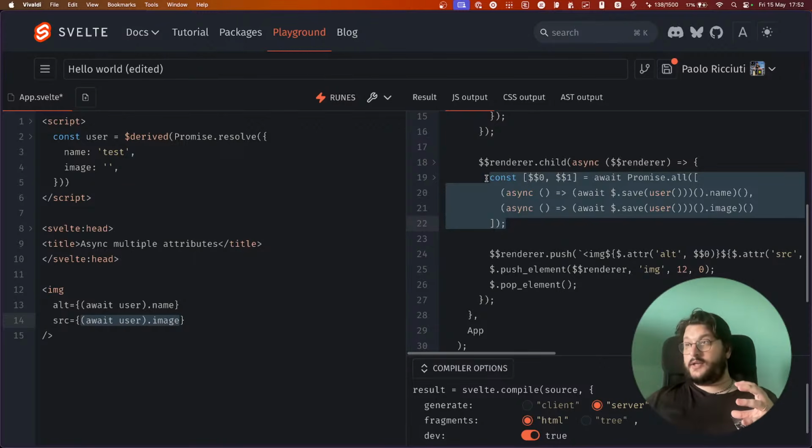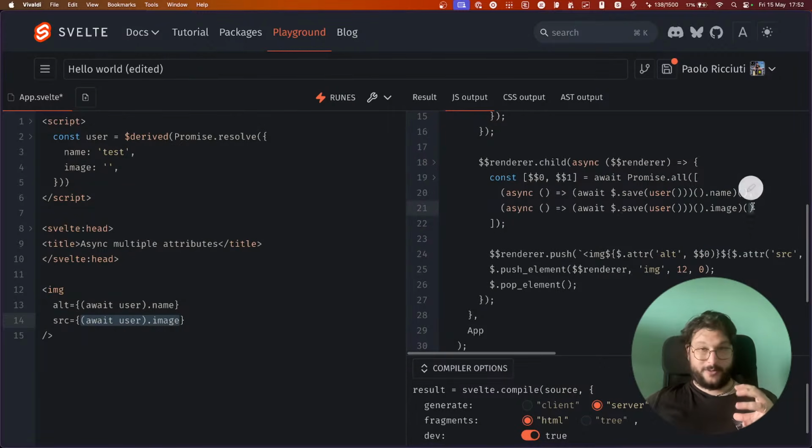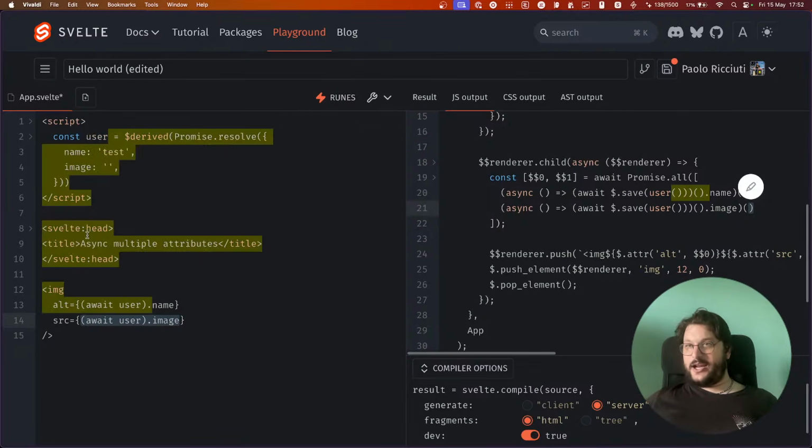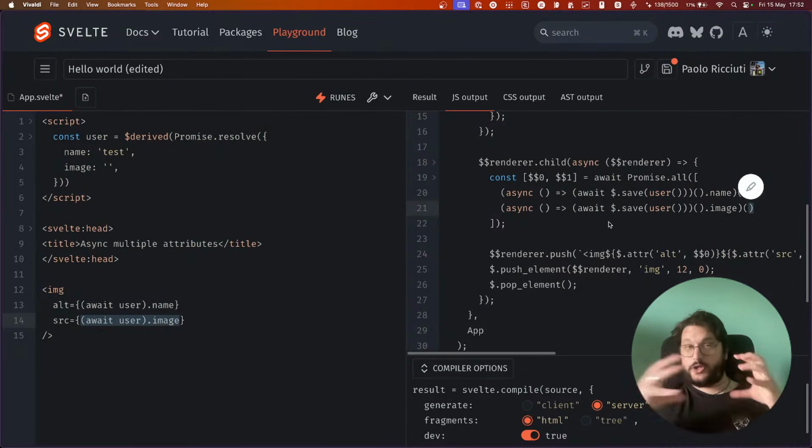So the context is saved here and restored here. This is how async await works. Whenever we encounter an await, we store the context, then we await the promise, and then we restore the context. And that's very important because once you push, there is this push element here.